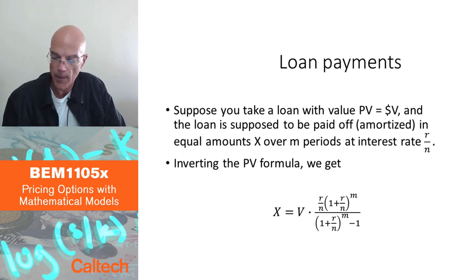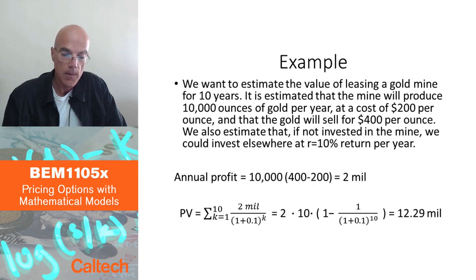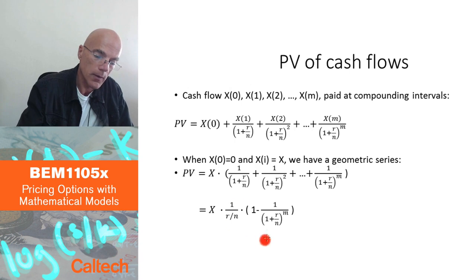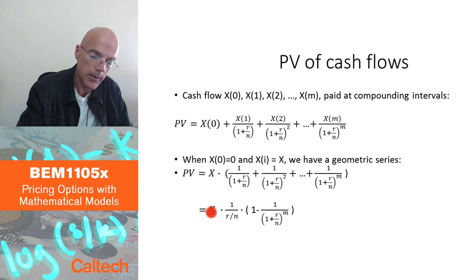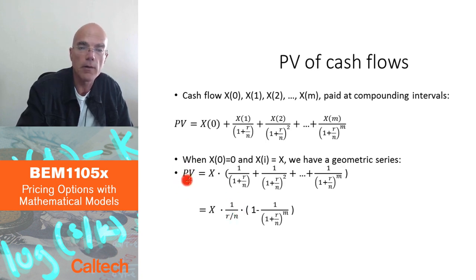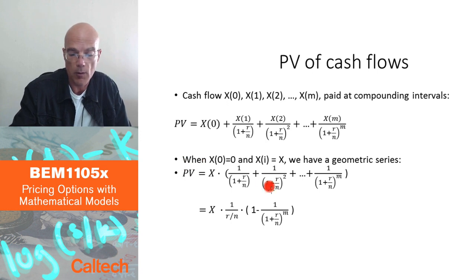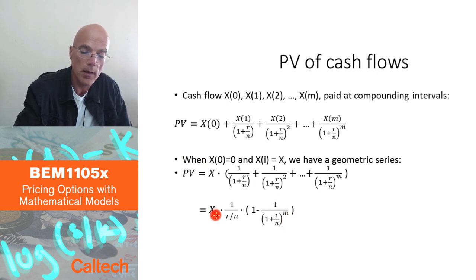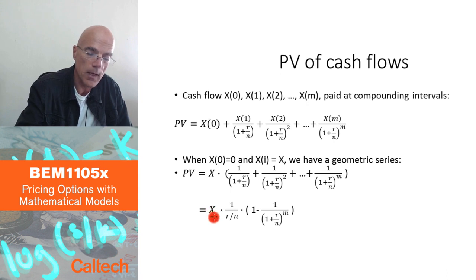Okay? So what we want to do in this slide, I'm going to go back a couple of slides. So if you think about this formula, this was for the present value of payments X that I will be paying each month. In my loan example, my bank will give me a loan on an amount, and that's going to be the present value. Let's say I take a $400,000 loan. That's my present value, and I want to compute, and my bank wants to compute, how much I should be paying them every month. So I will know the present value. I want to compute X.